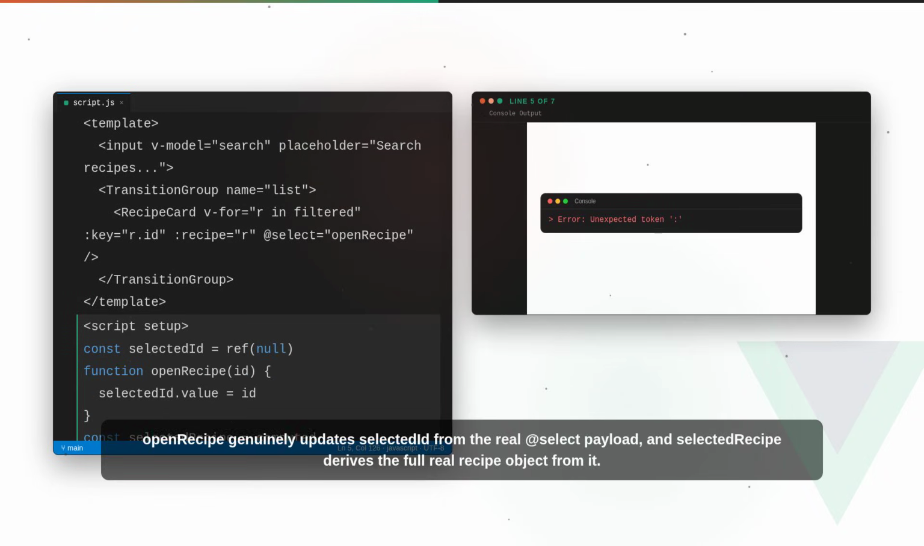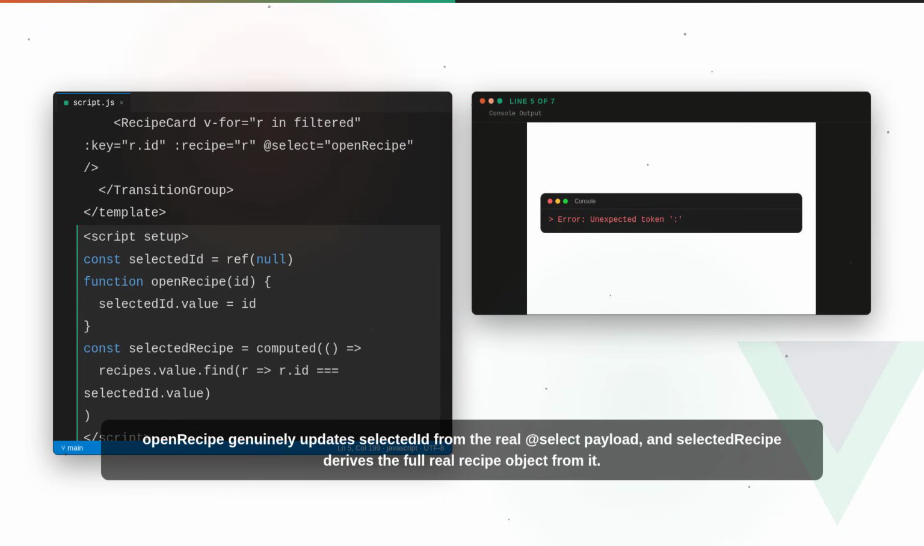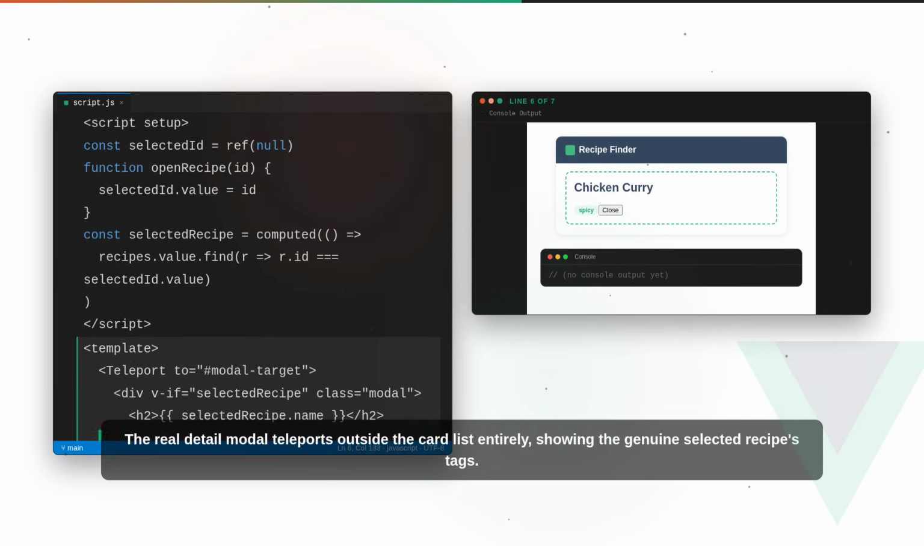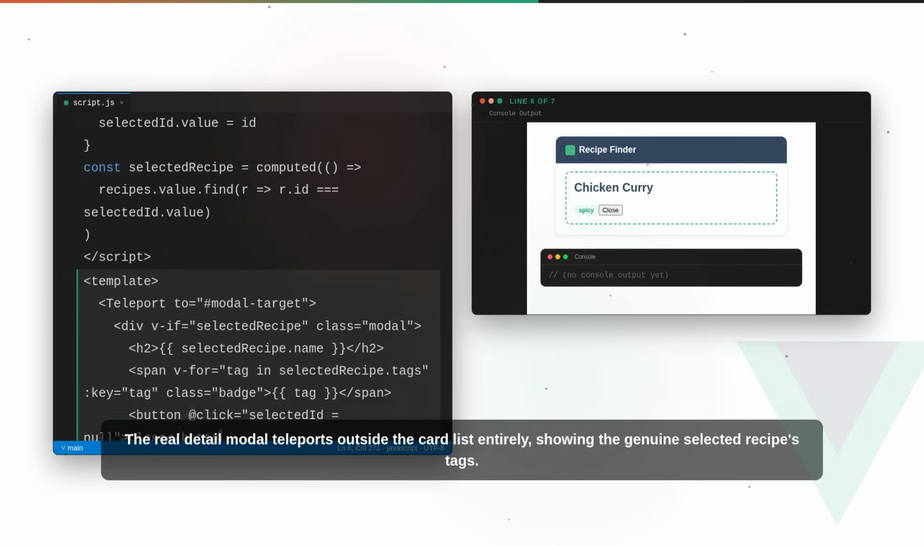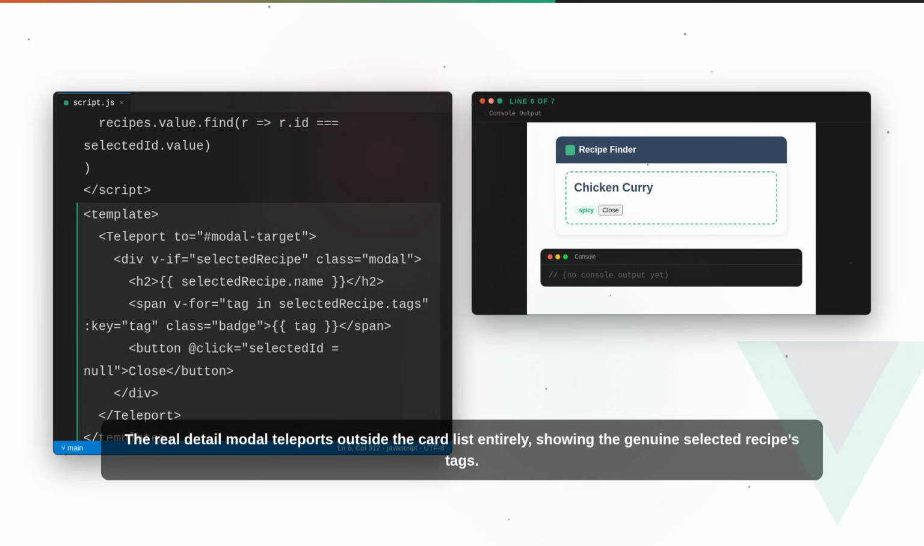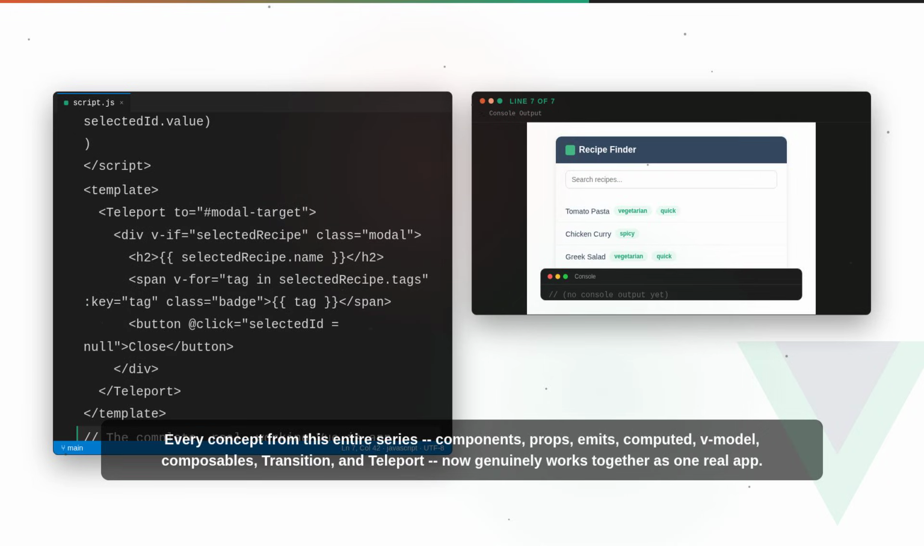OpenRecipe genuinely updates selected ID from the real @select payload, and selected recipe derives the full real recipe object from it. The real detail modal teleports outside the card list entirely, showing the genuine selected recipe's tags. Every concept from this entire series, components, props, emits, computed, vModel, composables, transition, and teleport, now genuinely works together as